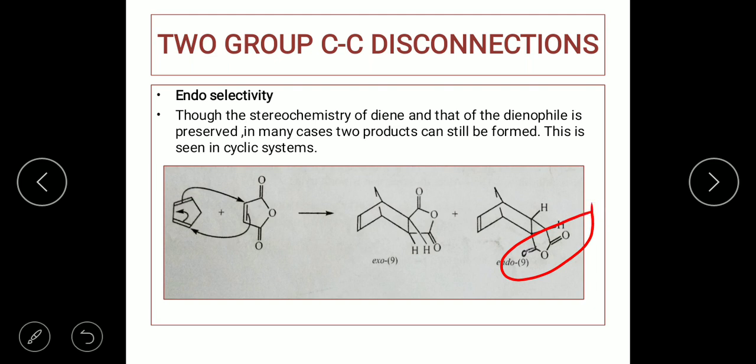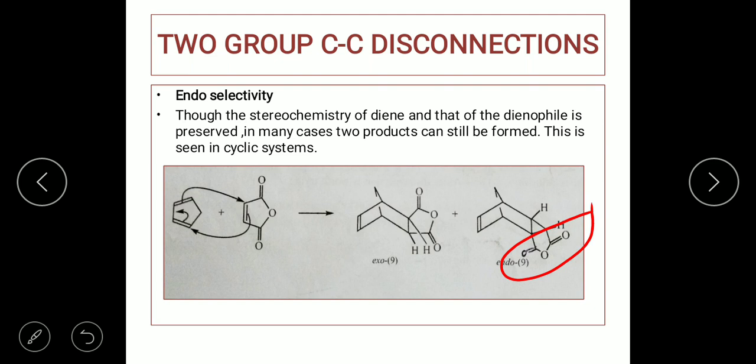Now these functional groups are facing below the bridged system. That is what you can observe here. The anhydride groups are present, situated below the bridged head system. So this is what we call the endo isomer, and this is also called the syn